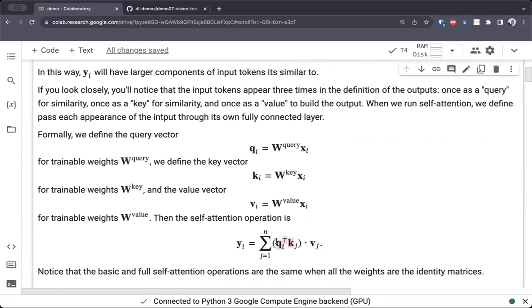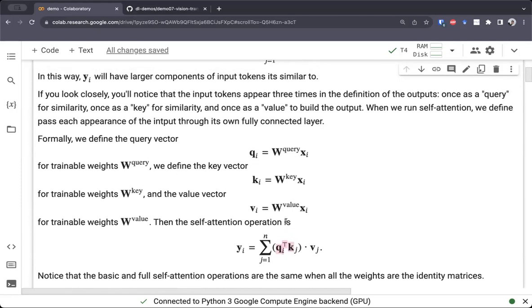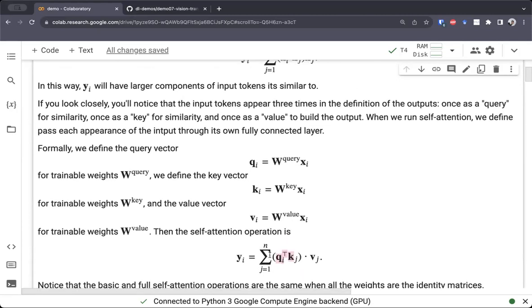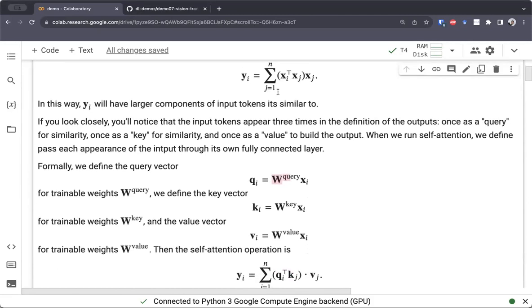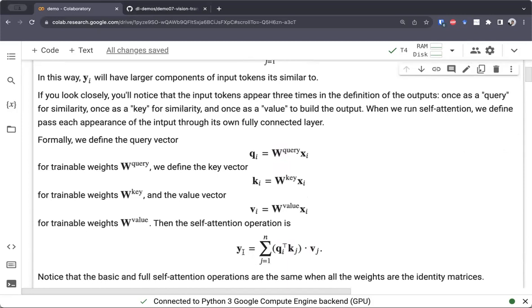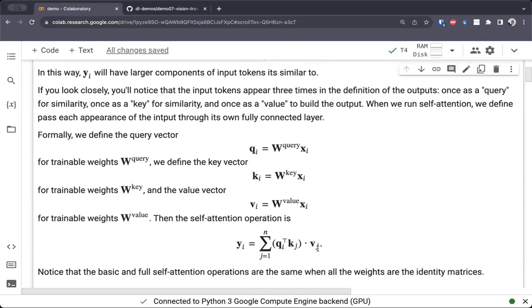And then based on the similarity here, I'm adding up the vj vector, which is a function of the starting vector xi. Notice that this operation is exactly the same operation we have up here, when the W matrices here, which are learnable parameters, when each one of these is the identity, it recovers the same thing we have here. So intuitively, I'm building the output as a linear combination of the input. It's just now I can modify each one of the places that the input appears by passing it through its